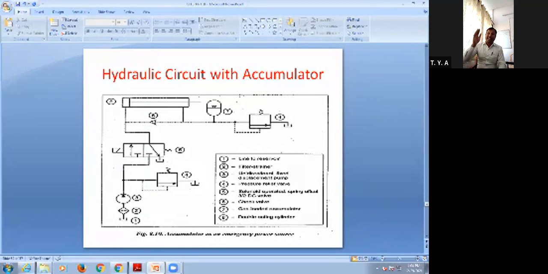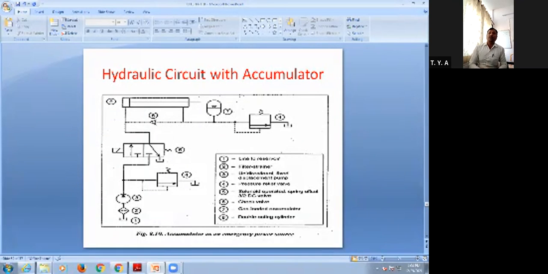Now, while it is retracting, the fluid will come from this port. It will not pass through this check valve. It will be stored in this accumulator. This is the symbol of an accumulator, and it is a gas loaded accumulator. This is a double acting cylinder, and this is our solenoid operated spring offset 3x2 direction control. Here is our pressure relief valve. Getting it? Here as well as here, pressure relief valve. Getting it? So this is a circuit diagram in some industrial application.